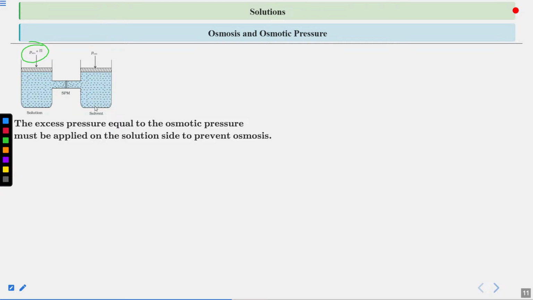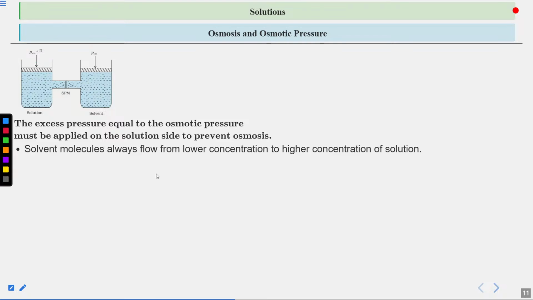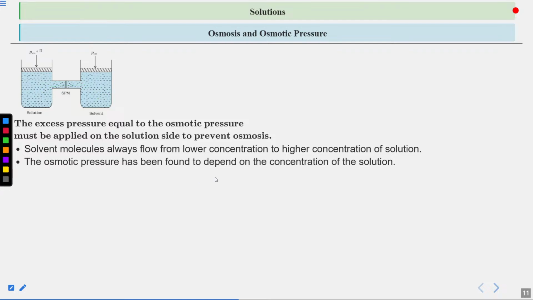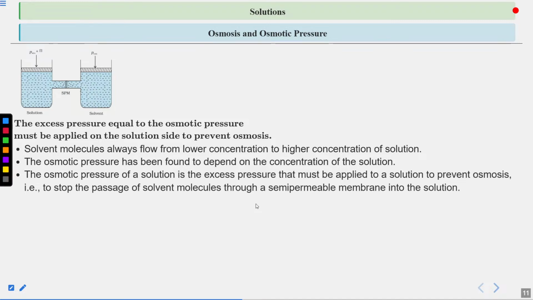The pressure that is applied to stop osmosis is called the osmotic pressure. So we know that the solvent molecules present here will always move to the solution part, and it is happening due to some sort of osmotic pressure. If we apply some extra pressure apart from the atmospheric pressure to stop the passage of the solvent molecules through a semi-permeable membrane,